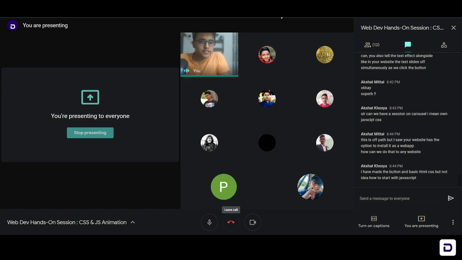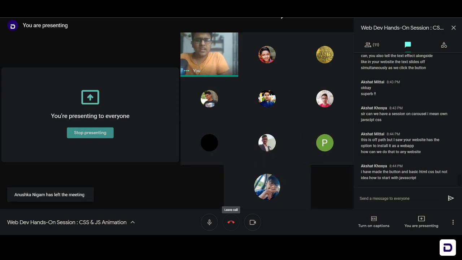Okay, our website has the option to install it as a web app. How can we do that to any website? So to make any website into a web app, there are 3 to 4 things that you need to do. First of all, your website should have a manifest file, and then it should have a service worker which lets you use it offline with all the codes and functions that you want to work offline. And then it also should have a sitemap, and it's a lot of JavaScript stuff that you need to do to enable it. But yeah, once you add those 3 to 4 files and write the code in them, this option is enabled.